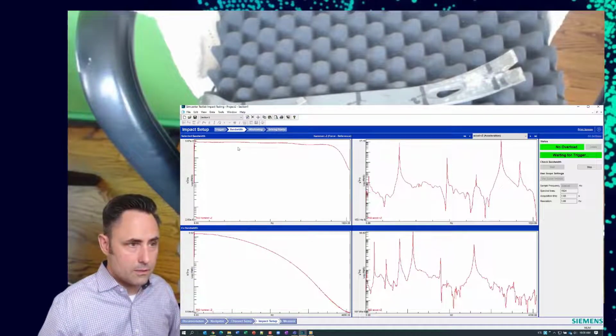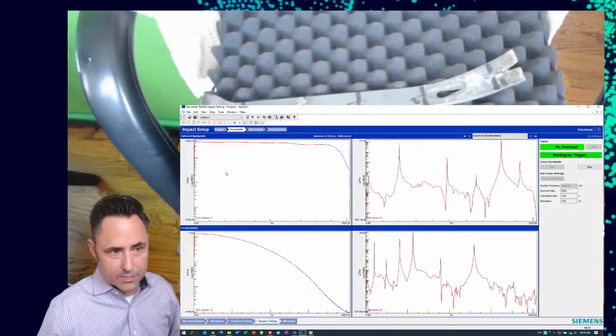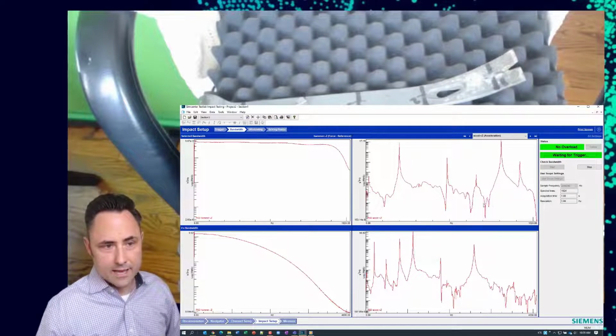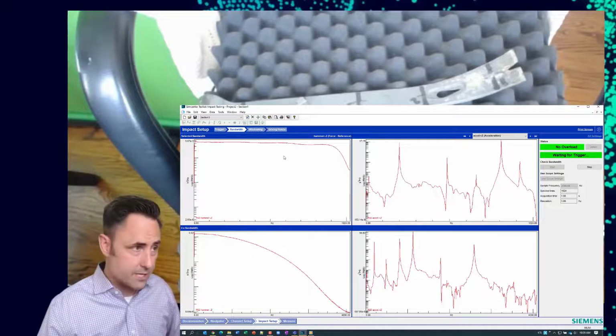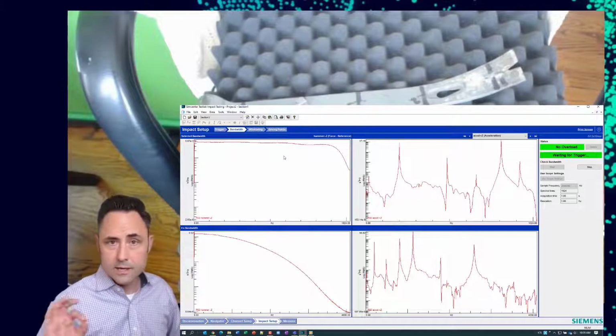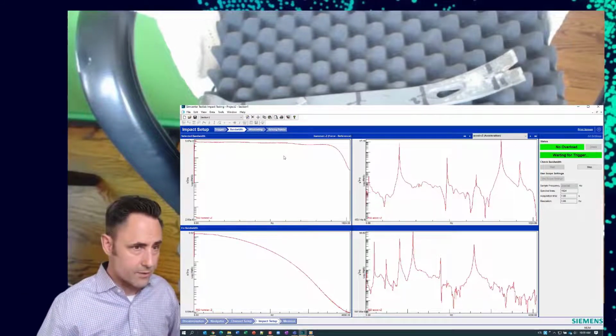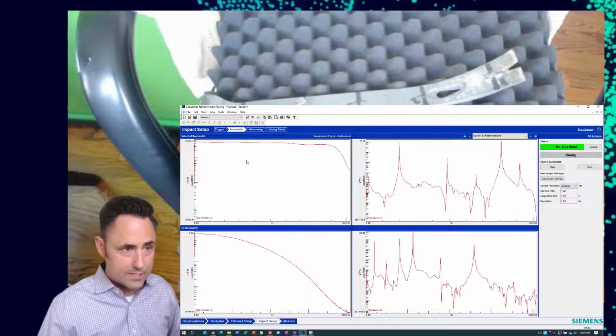Okay, so I see some resonant frequencies out here, certainly less than half of my applicable bandwidth, so I'm very comfortable that the tip I'm using is stiff enough that I'm putting a nice even amount of force in across the frequencies. Okay, so I'll stop there.